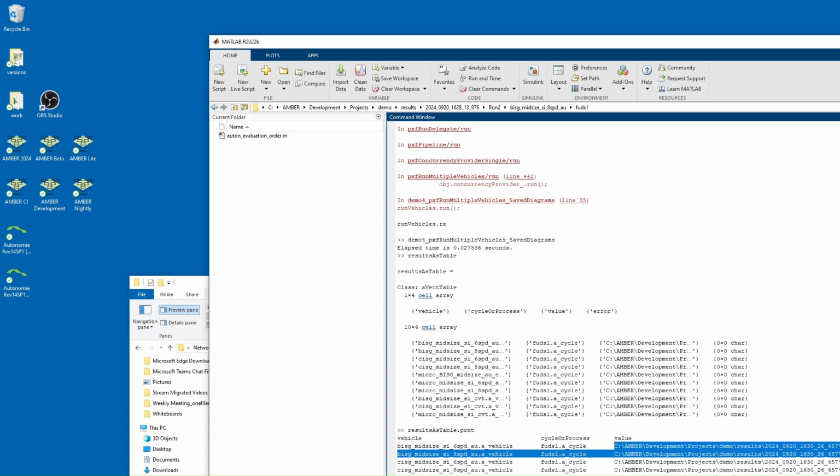So that's a quick way to run simulations without having to rebuild the diagram every single time. So that could save 30 to 40 seconds on each simulation run if it's not rebuilding the diagram. There are some internal optimizations that are done on PXF run multiple vehicles, so it doesn't necessarily build it on every single run,